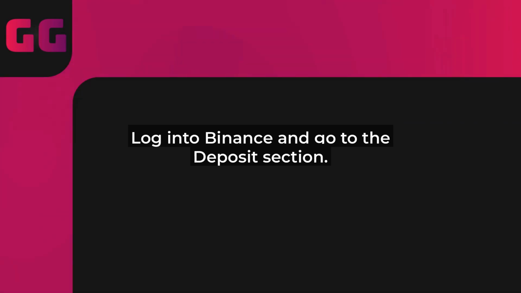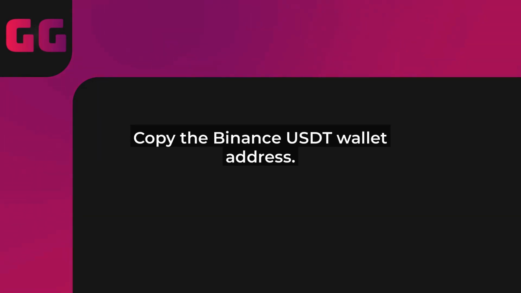Next, switch over to the Binance platform. Log into your Binance account, head to the Wallet section, and click on Deposit for USDT. Binance will generate a unique wallet address for you. Pro tip: always verify the network matches the one in your Trust Wallet to avoid any transfer issues or lost funds. Now, copy that Binance wallet address. Be extra careful here to prevent any typos.